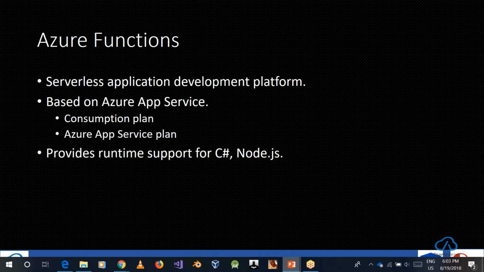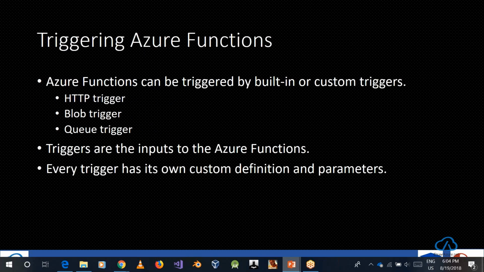So far, Azure did try to provide runtime support for Python, for Bash, for executable files, and for everything. But with the second version of Azure Functions, they have limited the scope of this to C Sharp, Node, and most specifically, F Sharp or Python support will come soon. So this is basically the overall rundown of what Azure Functions is, what it does, how it supports, how it runs, and what languages or runtimes you can use on Azure Functions for development right now.